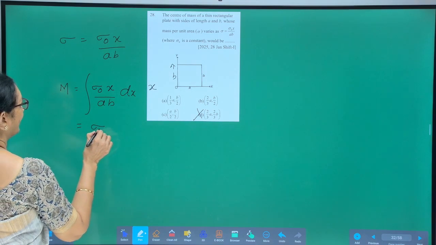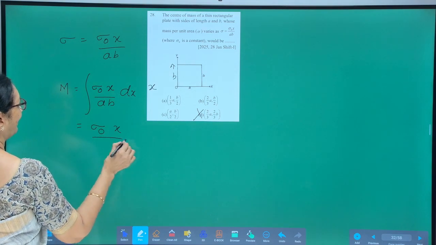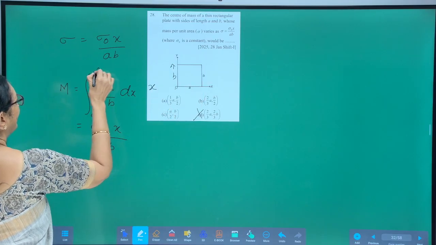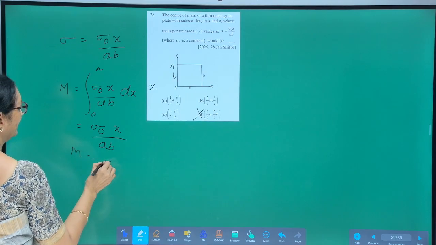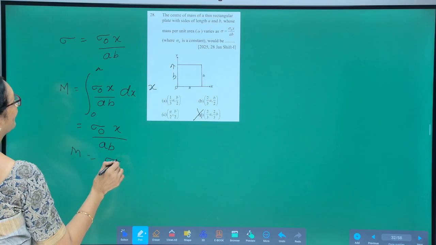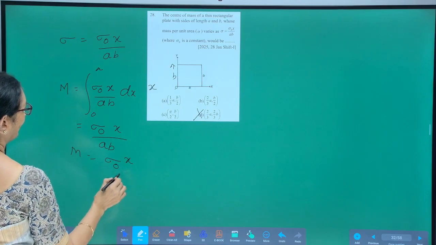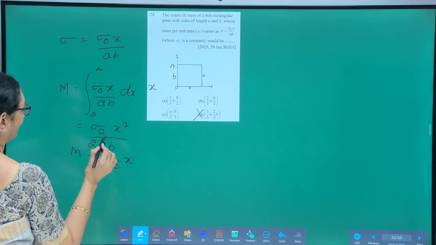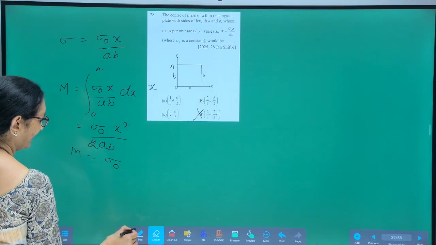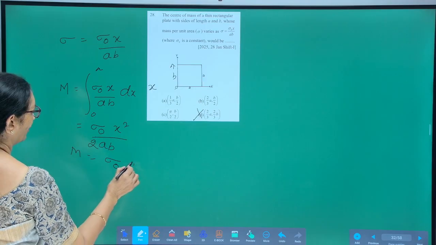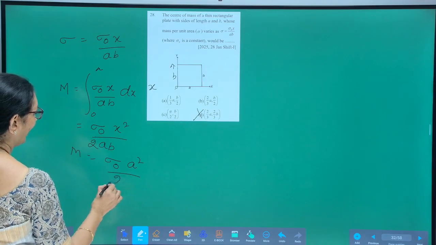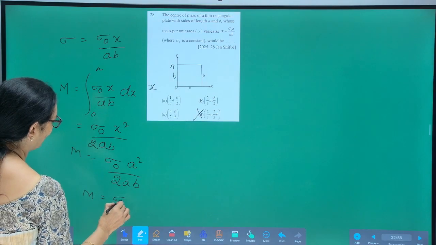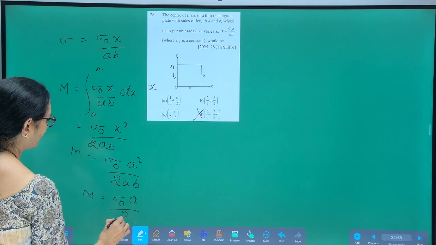So, mass becomes sigma naught x by AB, x varies from 0 to A. So, mass is equal to sigma naught integral of x dx, which is x square by 2, but x is equal to A here. So, it becomes sigma naught A square by 2 AB, or mass is equal to sigma naught A by 2B,